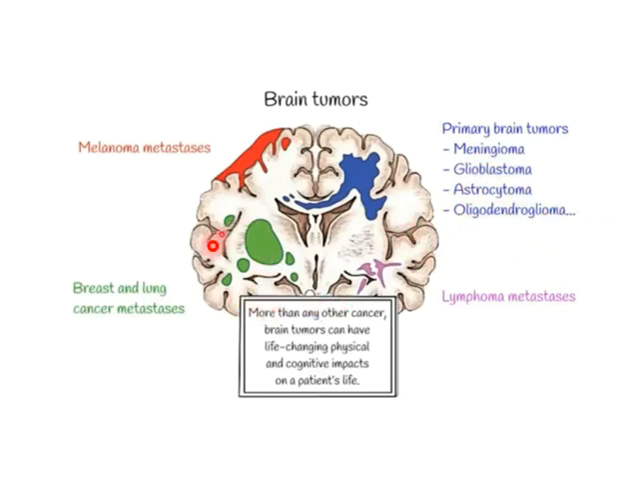Okay, there can also be metastasis. The breast and lung metastasis are generally happening here. There can be lymphoma metastasis and there can be melanoma metastasis. Okay,